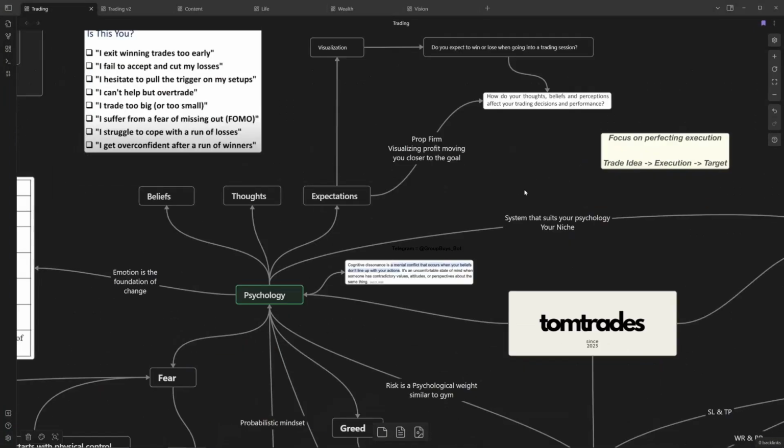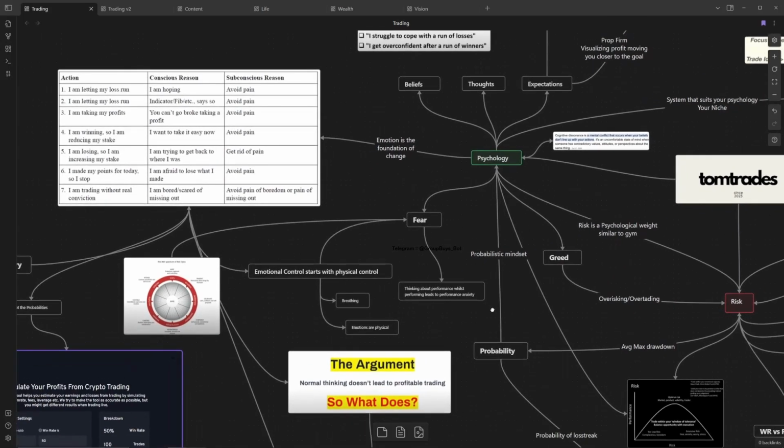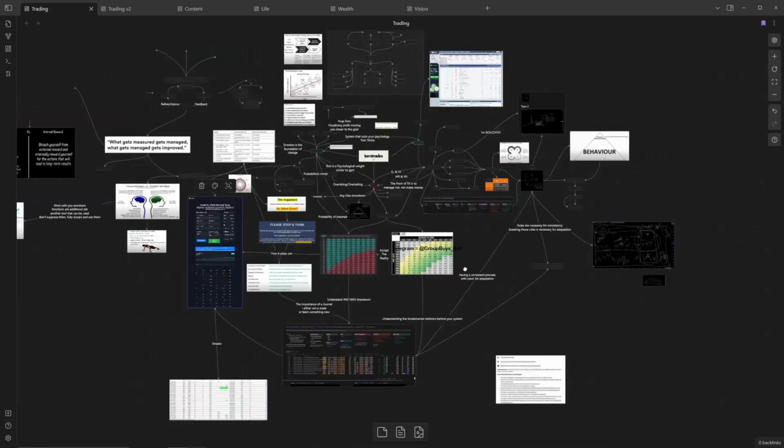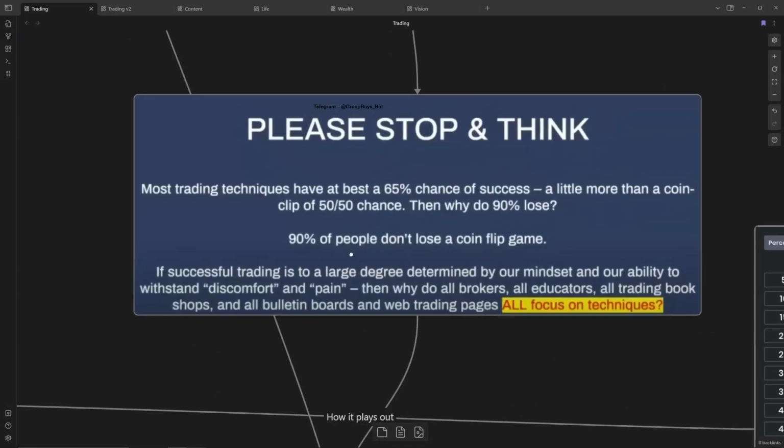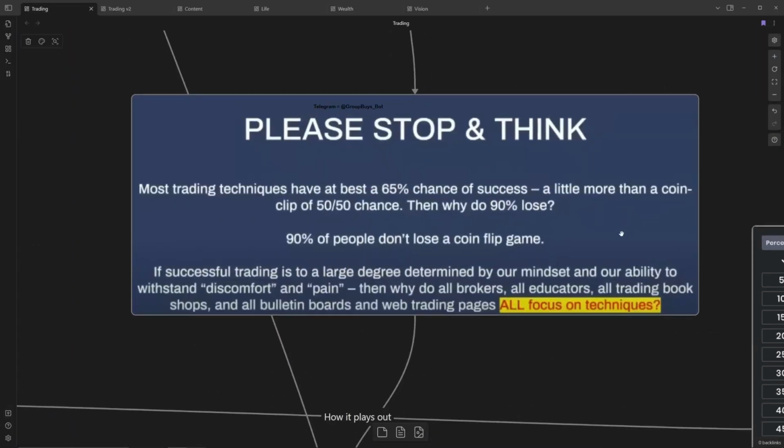So just give it a try, and also having a probabilistic mindset, all that sort of stuff. Going back to behavior, that helps with your behavior. And trading is all about pain tolerance, discomfort. 90% of traders lose because they can't withstand that discomfort and that pain. Doing the right thing, they know what they need to do, just doing it. And all the time it's the hard decision, either closing a loss early, holding a winning trade. Maybe you close your profits early when you know you shouldn't. It's hard. You're trying to get that instant gratification of a win. It's uncertain that the win will keep on going, and it's difficult.